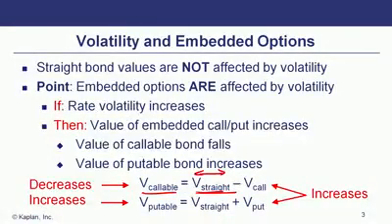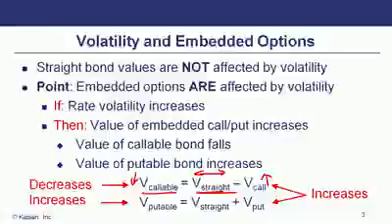I'm going to put this horizontal arrow saying that rate volatility isn't going to change the value of the straight bond, but it is going to increase the value of the callable bond. Well, the value of the straight bond stays whatever it is, and the value of the callable bond that we're deducting, we're getting a discount associated with that, goes up, then the value of the callable bond has to go down, right? So if there is an increase in the volatility of interest rates, the value of callable bonds